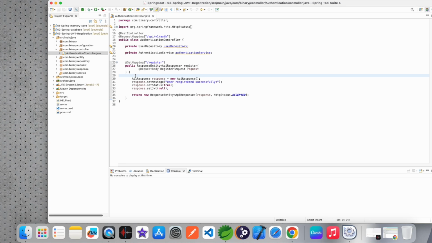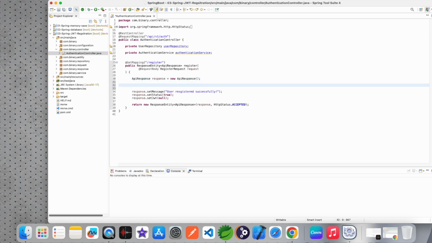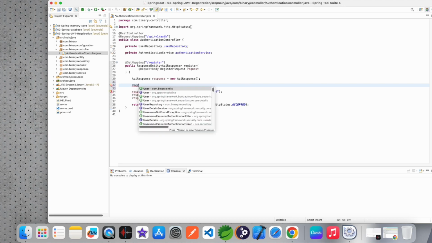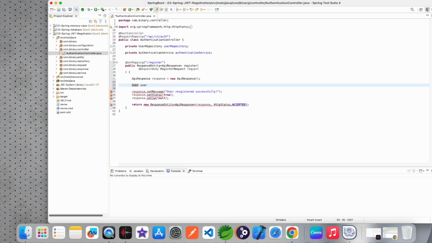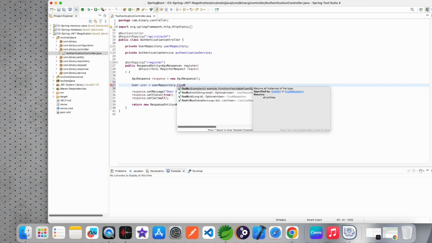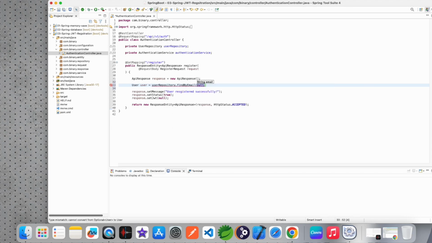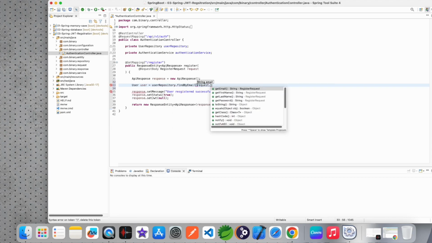Before registering the user, I will check if the user is already present or not. So for that I use userRepository.findByEmail, and I also will send an API response. And where do I get the email from? From the request,